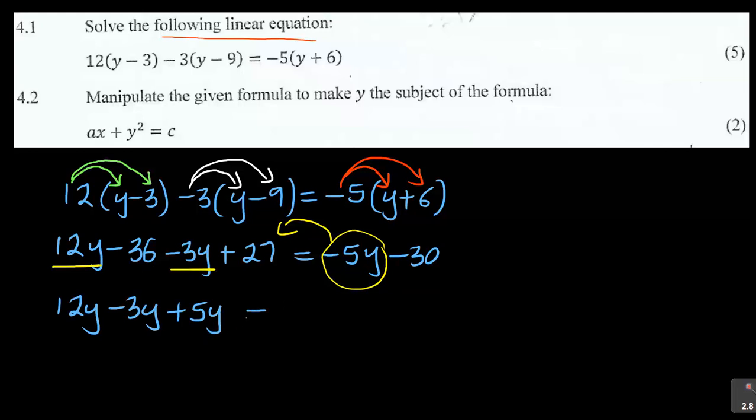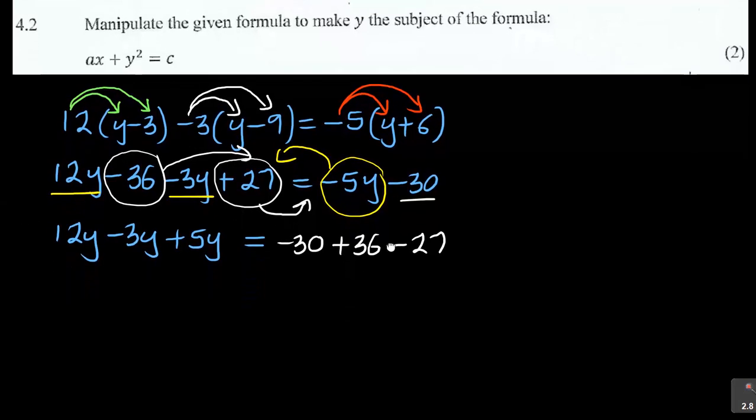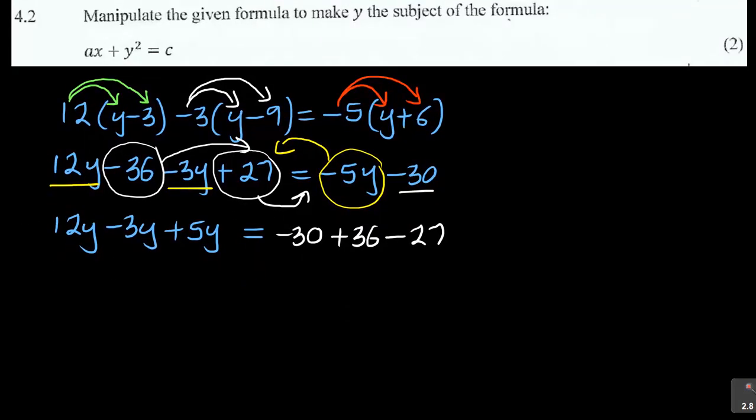Then I say equal to, then I'm focusing now only on the numbers. I've got minus 30 here after the equal sign, but I've got minus 36. It must jump the equal sign to join the other number, so from minus 36 it becomes positive 36. And also I have the other one here, with the sign, I prefer to also cover the sign, which is plus 27. It must jump to join the number, plus becomes minus 27. Are you seeing that?